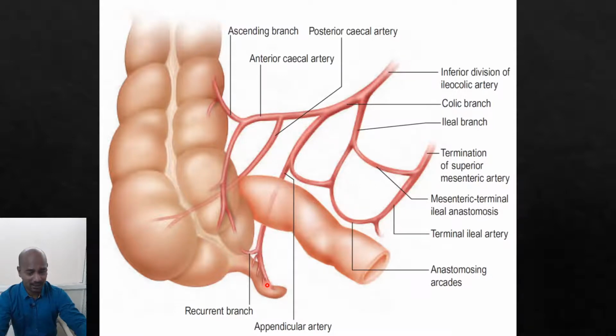The autonomic, that is sympathetic, supply is from the 10th thoracic segment, and the parasympathetic is from the vagus nerve. The sympathetic nerves, which carry the pain sensation from the appendix and the visceral peritoneum, since they arise from the 10th spinal segment, supply the entire or most of the